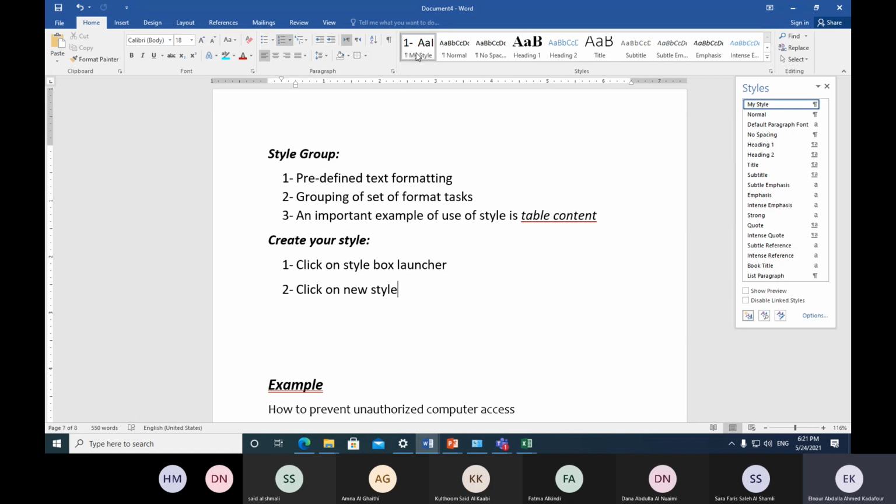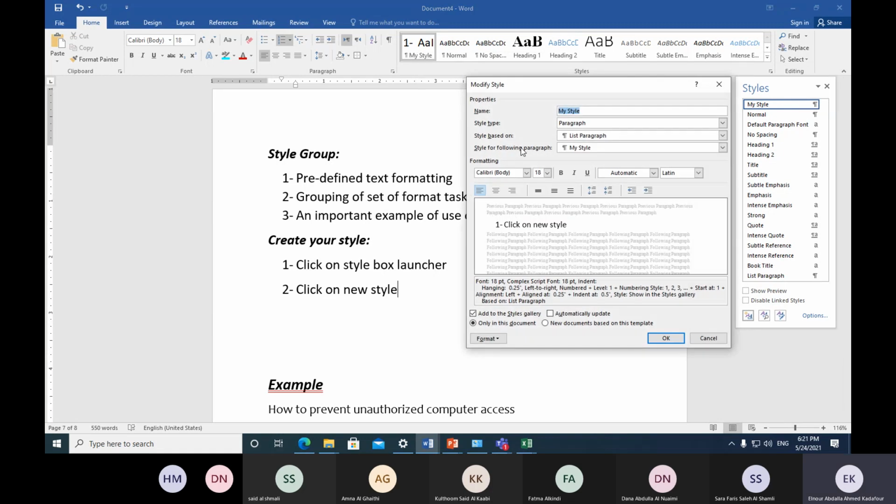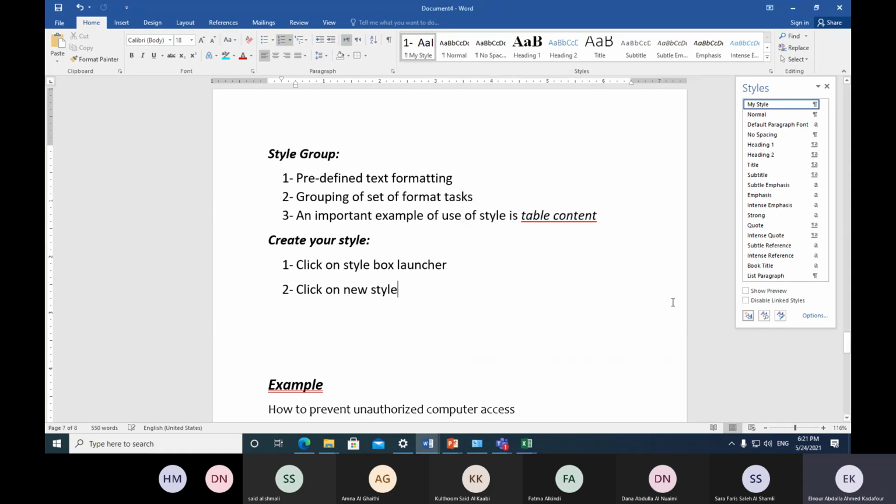Okay. So just right click, and when you come on modify, then you can modify your style. If you want to remove it completely, right click and select remove from the style gallery. It have been removed. طيب, we don't want to get confused. We need to create our own style. We have to get the